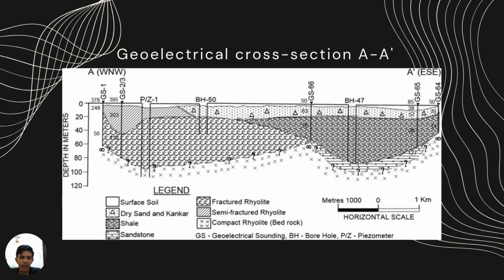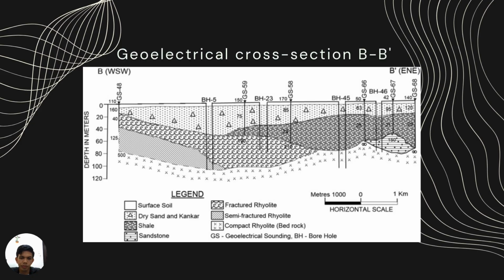The fractured rhyolite zones on the western side, just above bedrock, show lower resistivity values, indicating broken rock where groundwater can leak. Because of these fractured zones near the surface on the western side, there is a high chance of groundwater leaking both horizontally and vertically in this area, which is important for managing water flow and leakage risks.